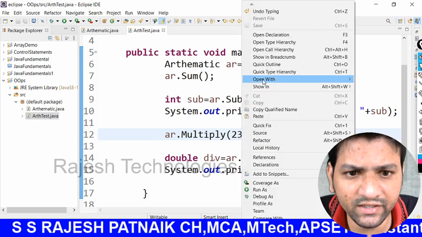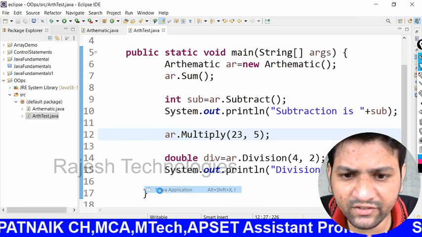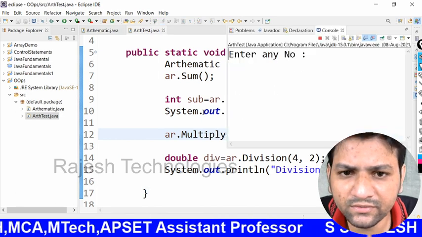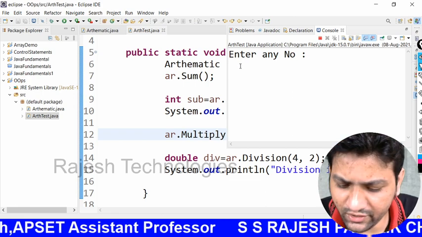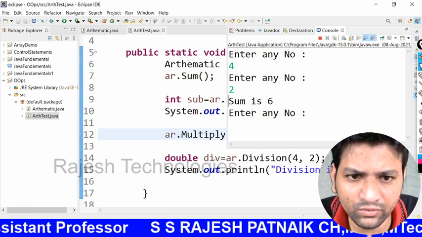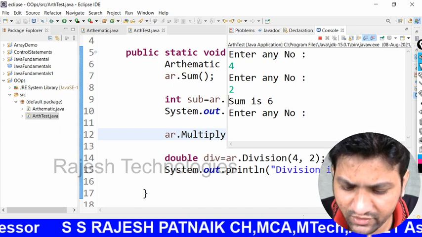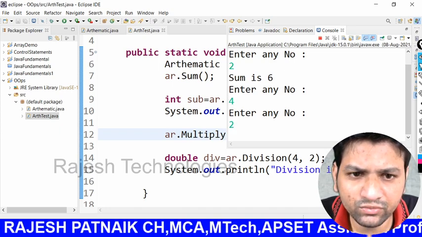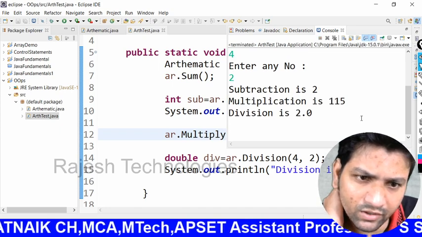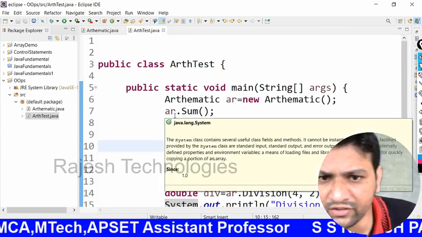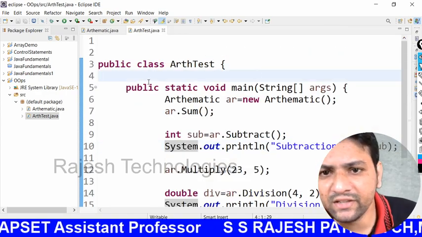Right click, run as Java application. So enter two numbers, 4 and 2. We got 6. Enter 4 and 2. Subtraction, multiplication and division. Yes, got it. Okay, I think maybe the reference was